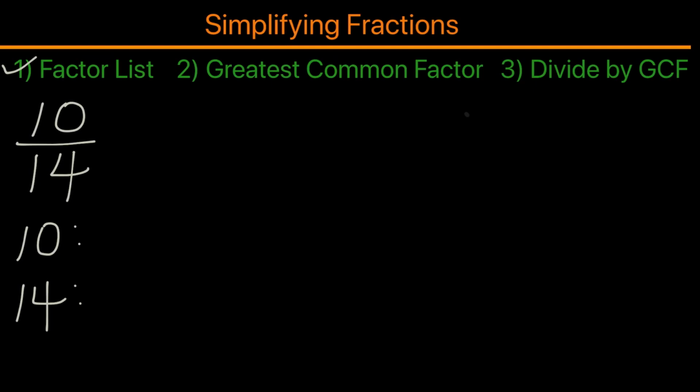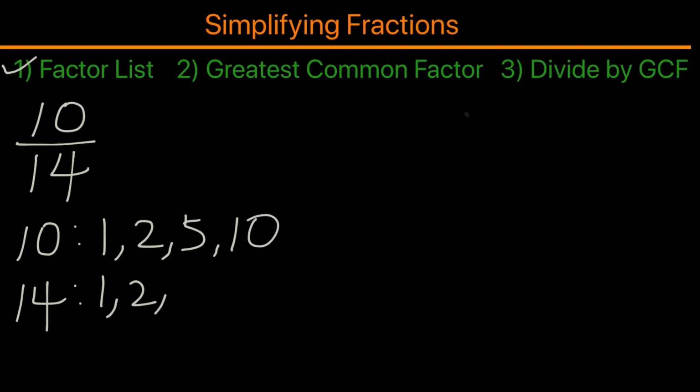So for 10, we can see 1 times 10 is 10, 2 times 5 is 10, and then 3 doesn't work, 4 doesn't work, 5 times 2 is 10, 6, 7, 8, and 9 don't work, and finally 10. For 14, we have 1 times 14 is 14, and then 2 times 7 is 14,